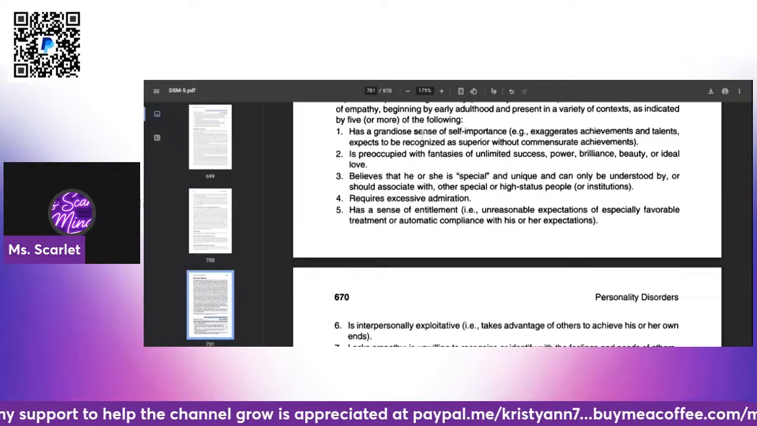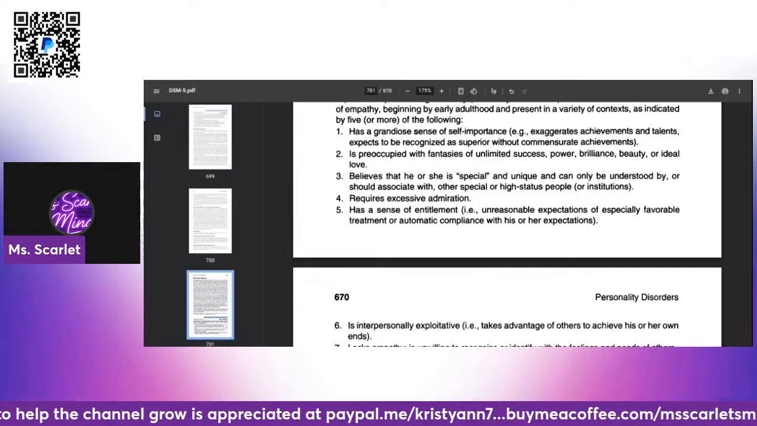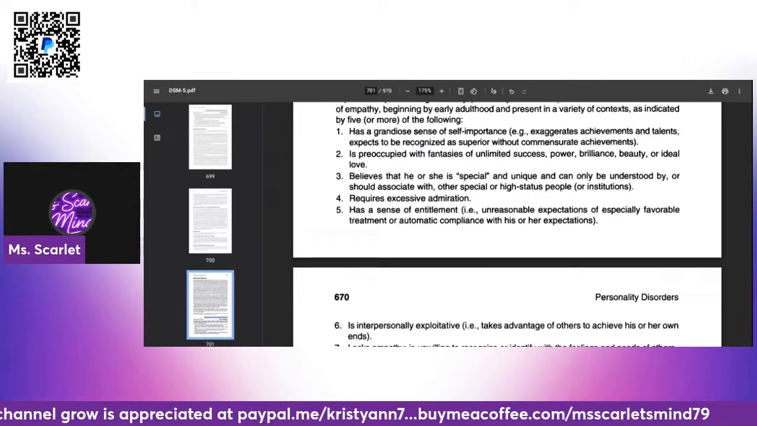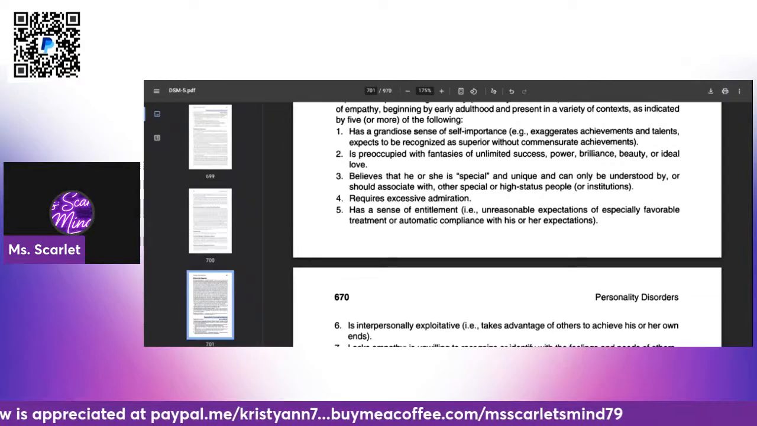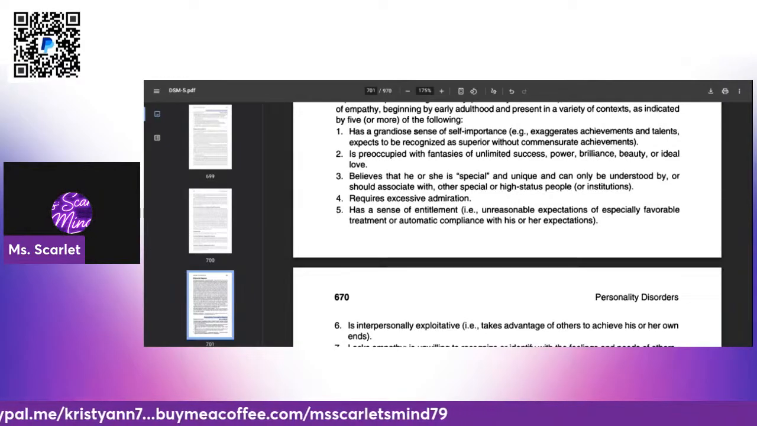Number 1, has a grandiose sense of self-importance. Example, exaggerates achievements and talents, expects to be recognized as superior without commensurate